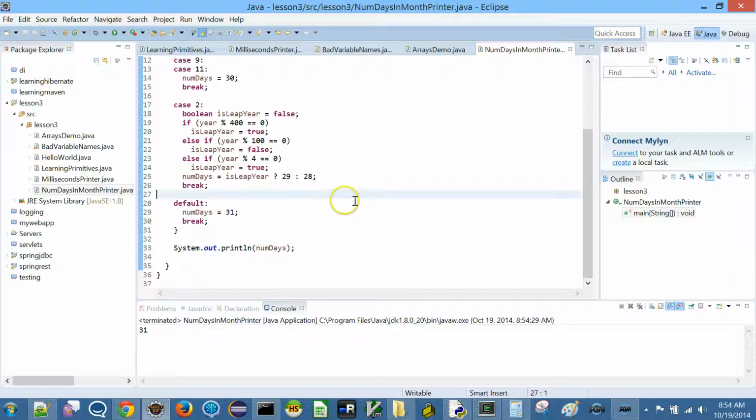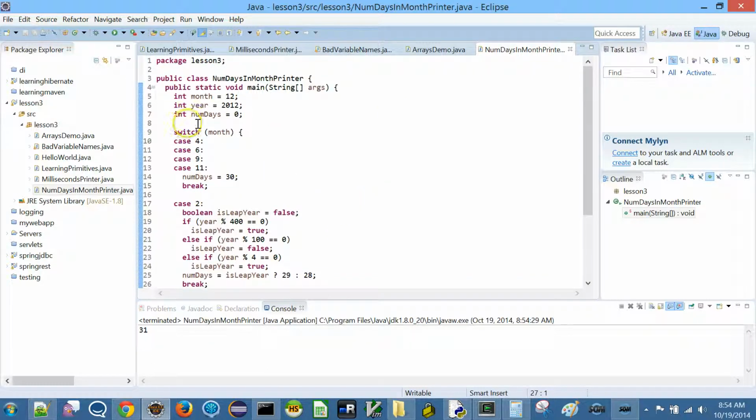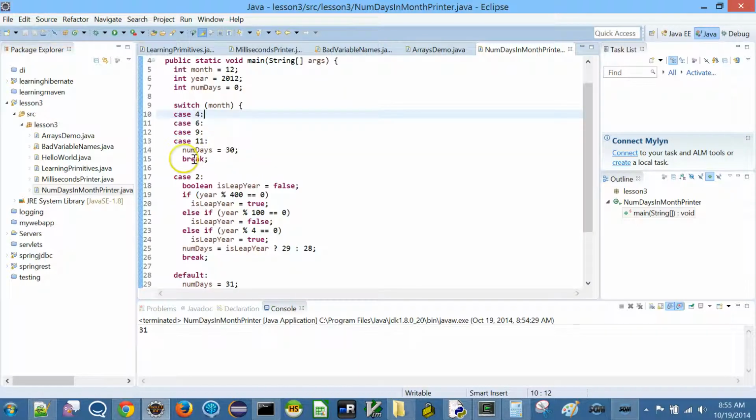Now similarly, for switch case statements, you can use other variable types. Here we are using int. We can also use char, short, byte and so on. But notice that you wouldn't want to use a float or a double, because float or double are not exact numbers, so you can't use a switch case. Switch case is useful if your if-else condition gets out of hand. It's just nice. But the main caveat is this break.